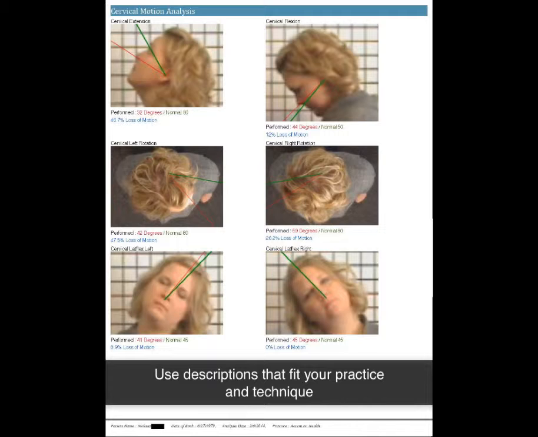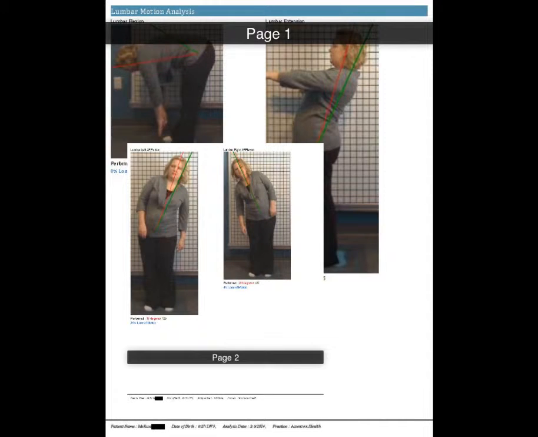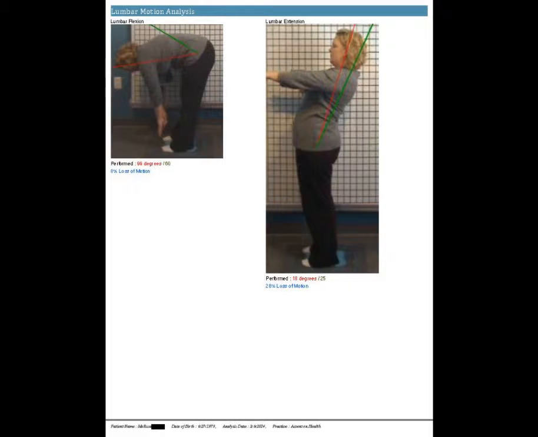I also do lumbar range of motion, and lumbar range of motion prints on 2 pages so that the images are big enough to see. What we'll look at is how much motion is lost. Again, the green line represents normal. The red line is where they went. In this case, she went past the minimum requirements to be normal, so 0% loss of motion. But on extension, here's the normal. She was only able to get to 18 degrees out of 25, meaning she has a 28% loss of normal